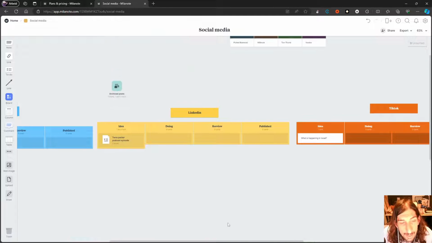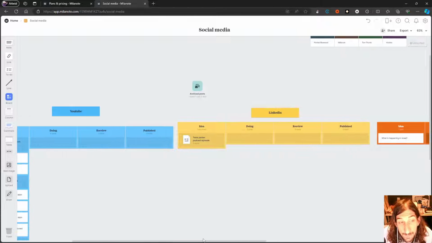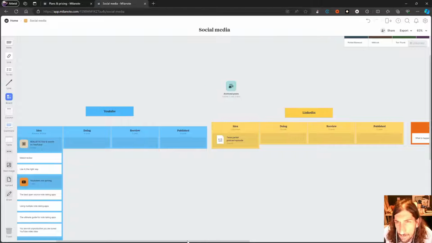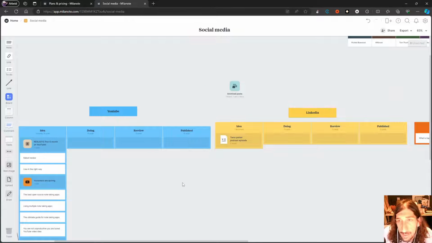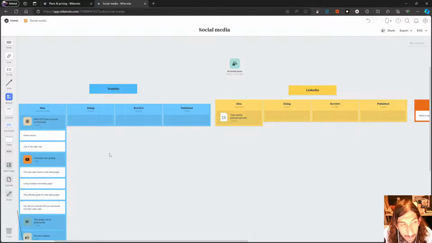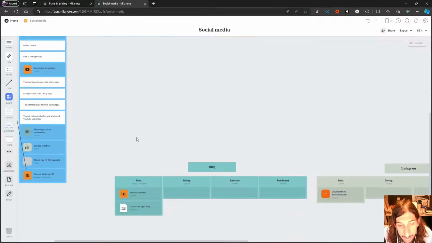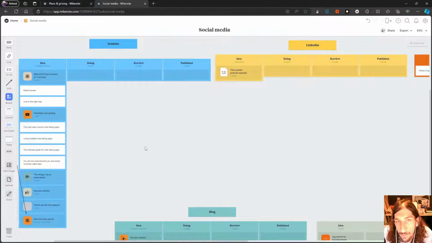So this is, like I said, really visual. It is quite easy to learn as well, and it does a great job at presenting your ideas more visually and having a more visual project manager. I would probably recommend this most for people who work in creative fields like design and do a lot of designing, because that's where it does a great job. It is also really good for filmmakers. I've seen a lot of filmmakers use this,